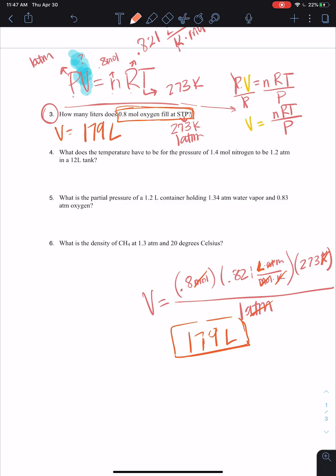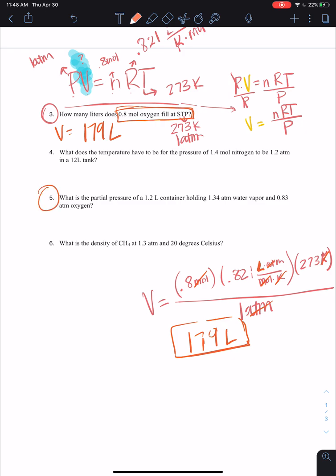So the difference here is that in the previous worksheet we were working with a comparison, so we were changing the scenario. Here we're not really changing the scenario. I'm just asking you, I have this amount of moles and it's at STP, so how many liters does it need? Okay. Alrighty, so let's look at